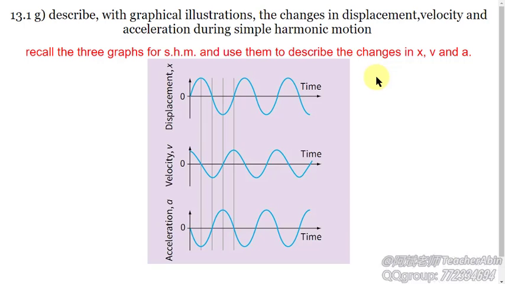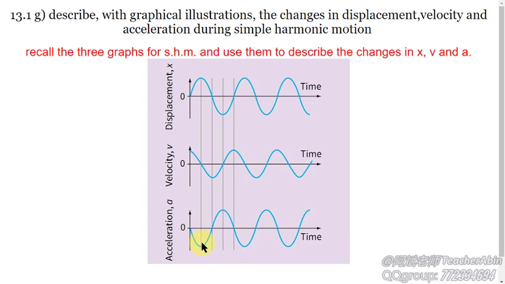For example, maybe negative means they are downward, and positive means they are upward. So now you know, during the first quarter period, a is actually increasing, and the value is negative, which means